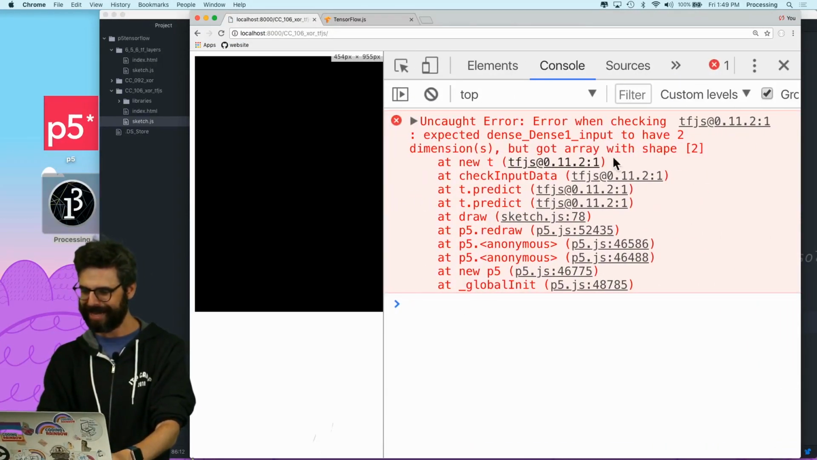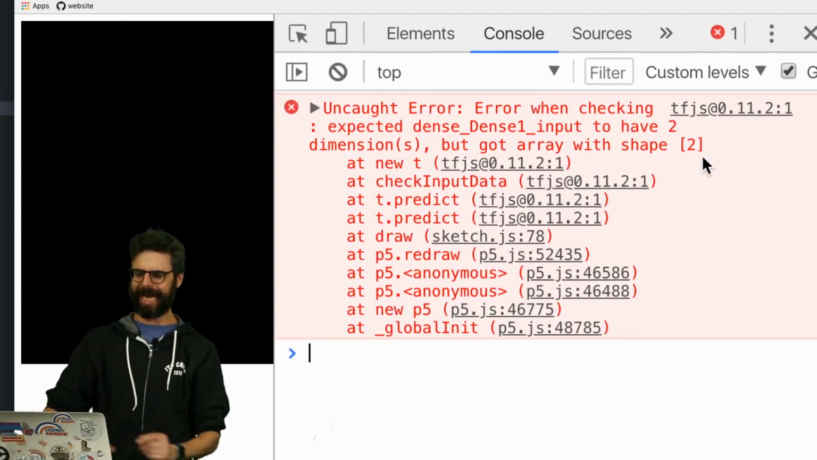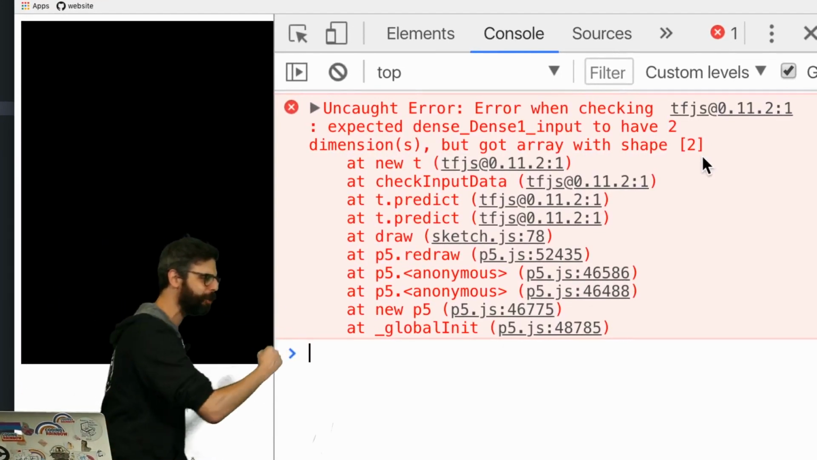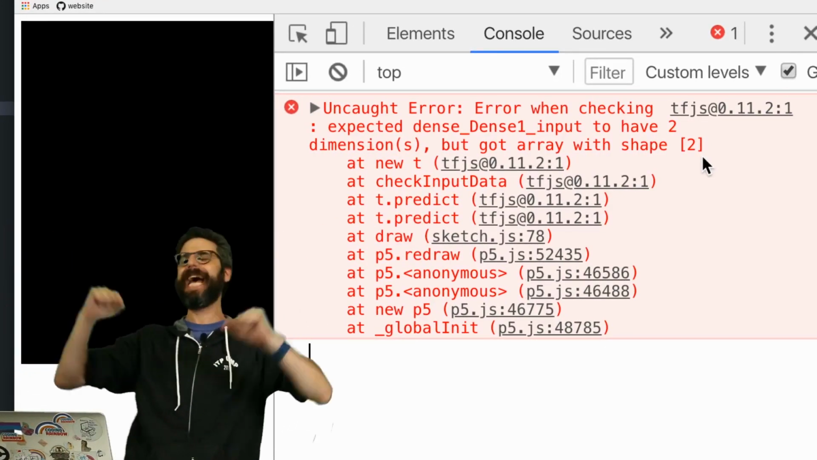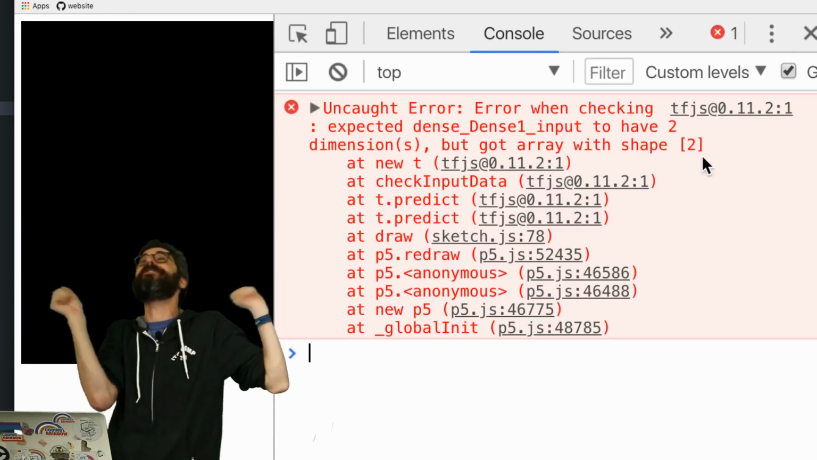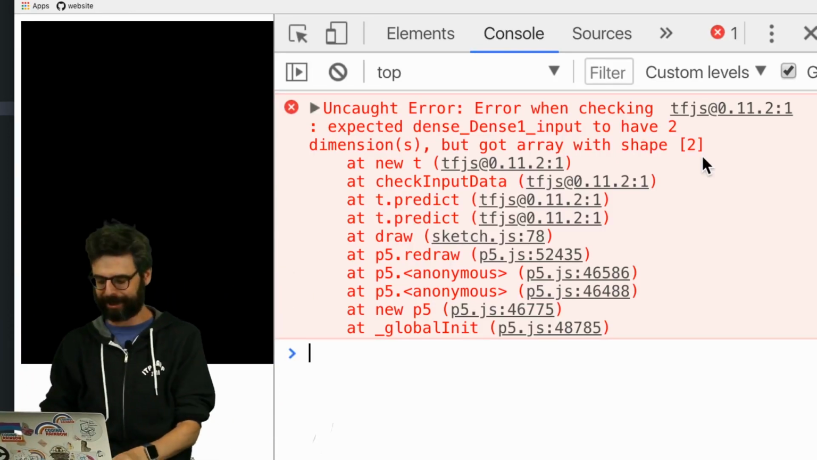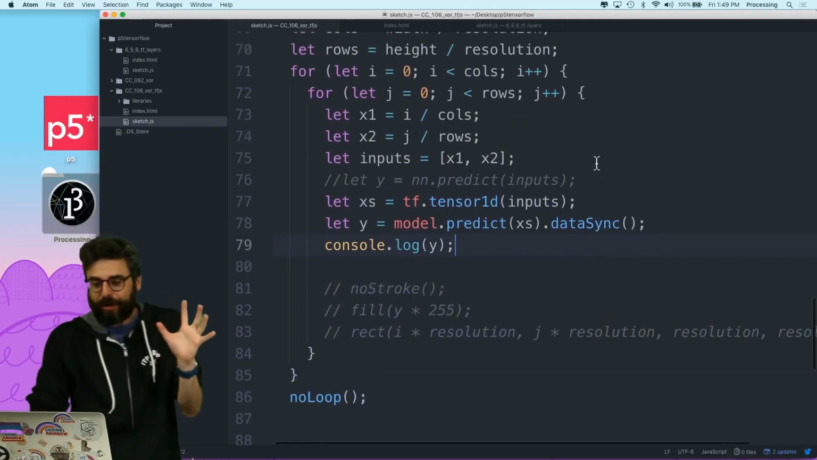Error. Expected when checking dense1 input to have 2 dimensions, but it got array with shape 2. Oh, once again, I have the same problem I've had every single time I've done this with TensorFlow.js. So the good news is